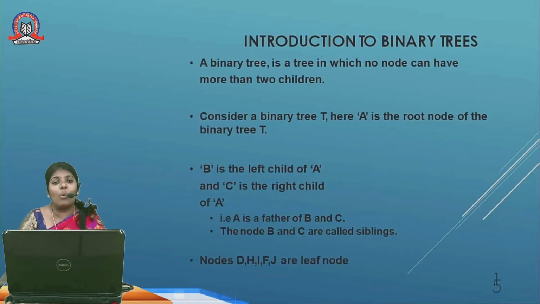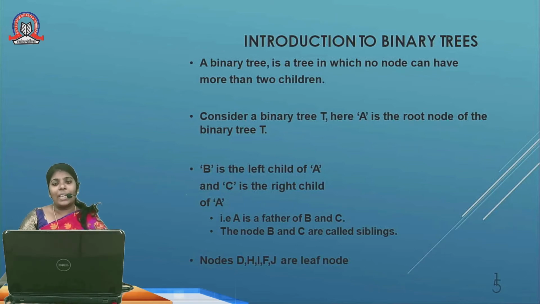And we can see now binary tree. Now we know what is tree. Now we are going to see about the binary tree. A binary tree is a tree in which no node can have more than 2 children. So it has a rule, that is, a binary tree is a tree in which no node can have more than 2 children. So it should have only 2 children. So 0 nodes or 1 node or 2 nodes. More than 2 nodes is not allowed in the binary tree. So binary tree means what? It should have a maximum of 2 children.